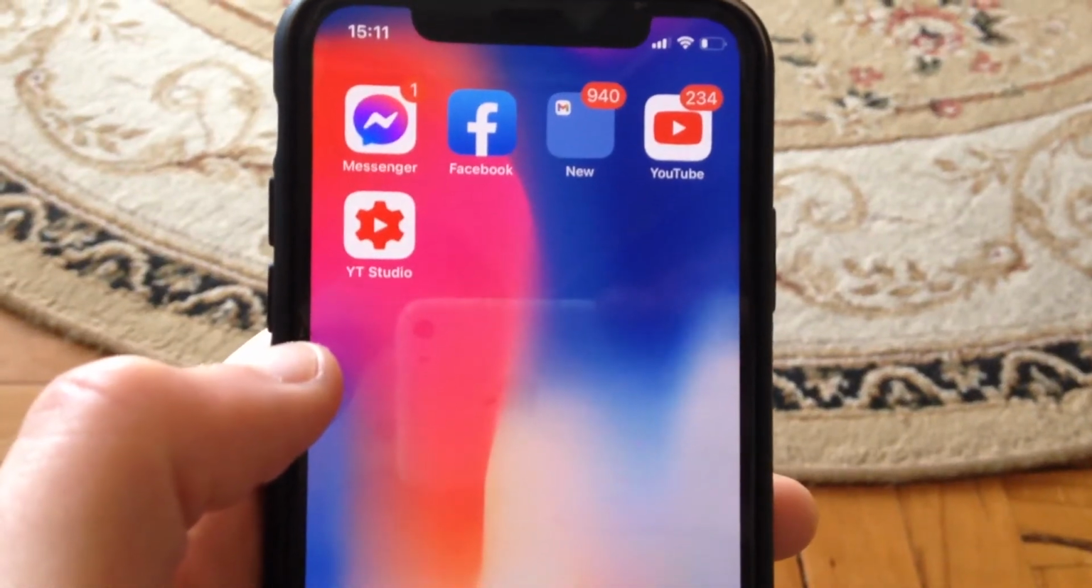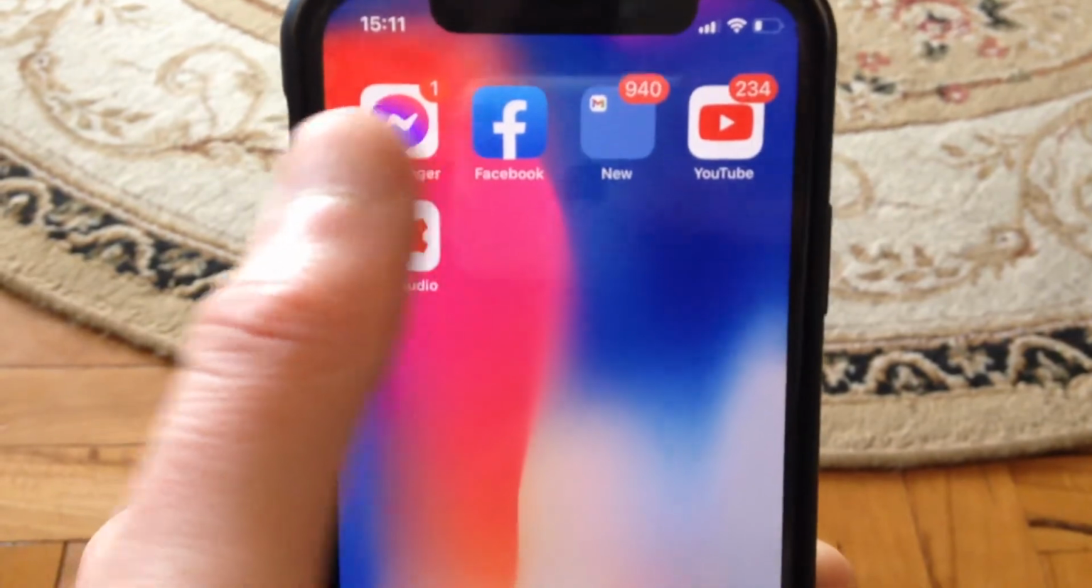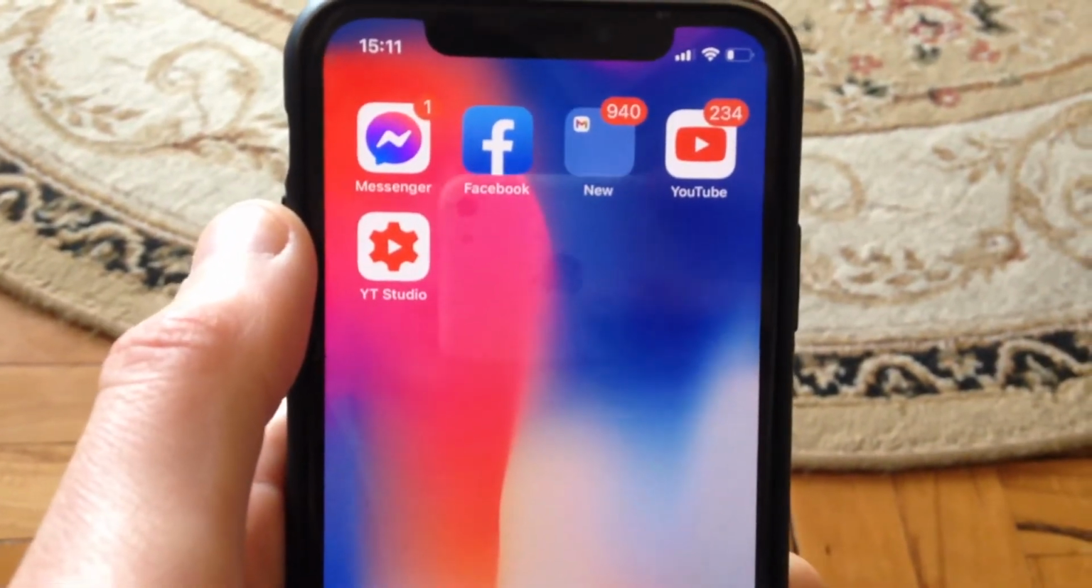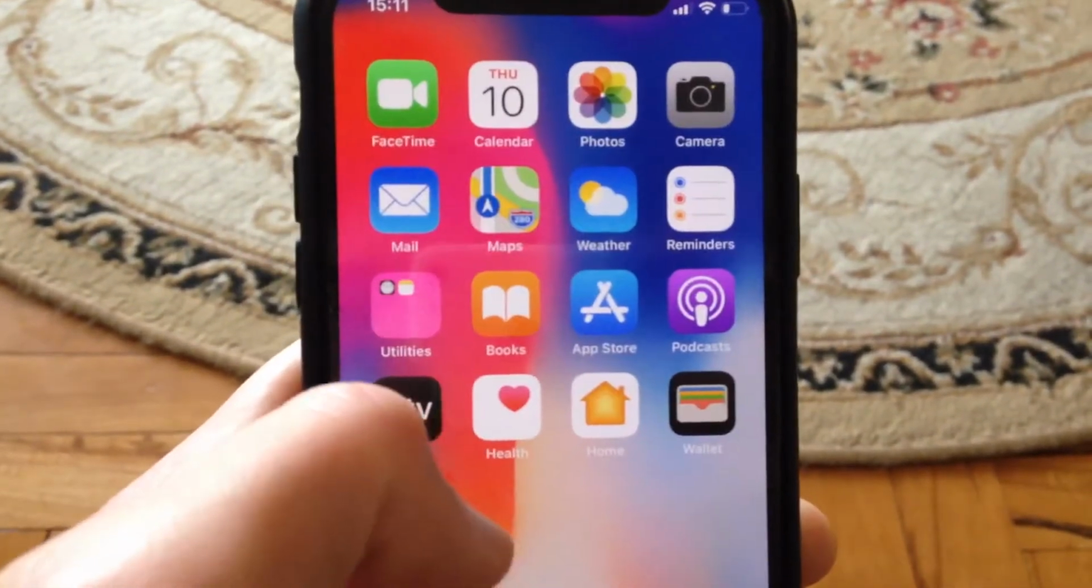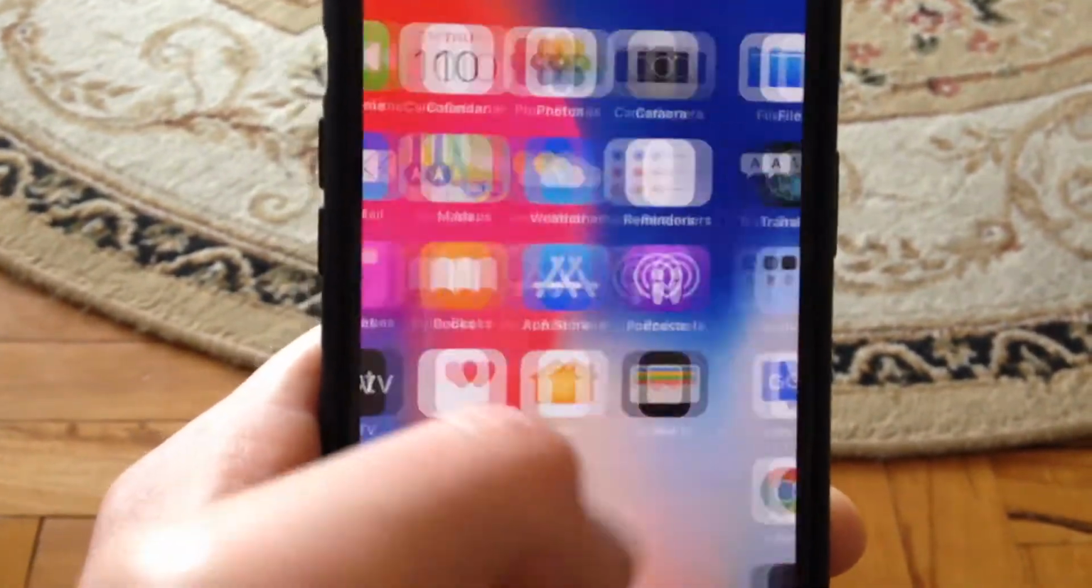Dear subscribers, today I will tell you how you can easily fix your problem. So if Messenger is just stuck on your iPhone, here is how you can fix it. For fixing it, first thing, just close your app and open it again, and if that doesn't help,